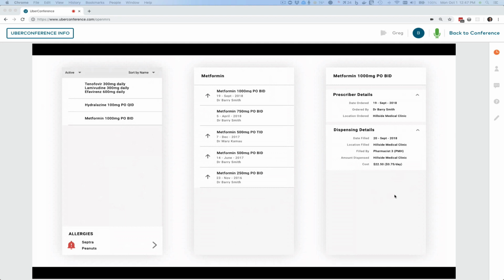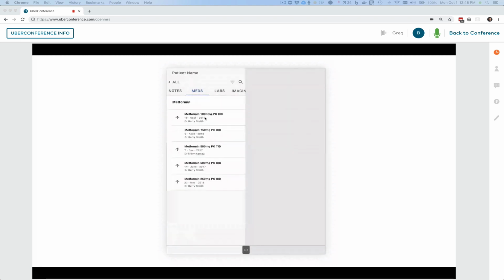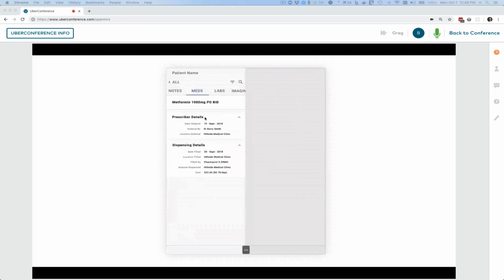Now, some categories probably only need 2 levels, a summary and a detailed view, and some may need 4 levels. But as a general principle, I think 3 seems to be a good working framework. And just to show how this could work, look on the app, you'd be in medications. We're currently looking at all the medications which are active. And you could click on metformin, then you could click on the most recent one, and now you're looking at